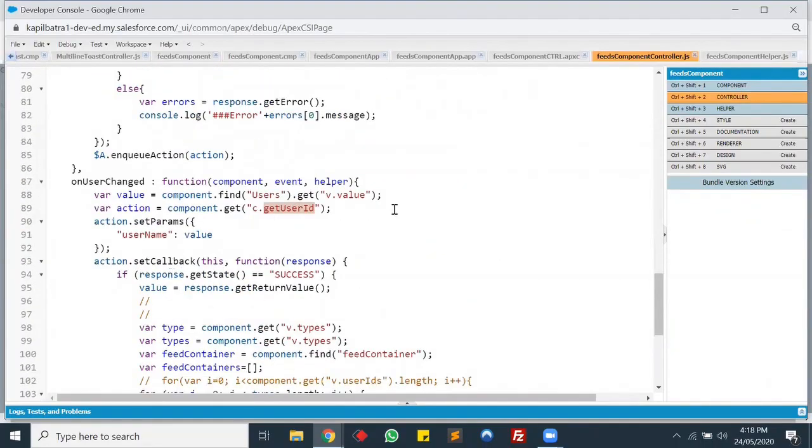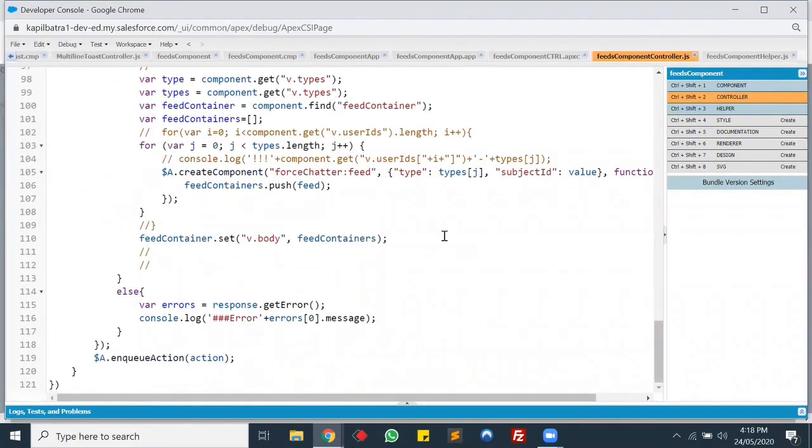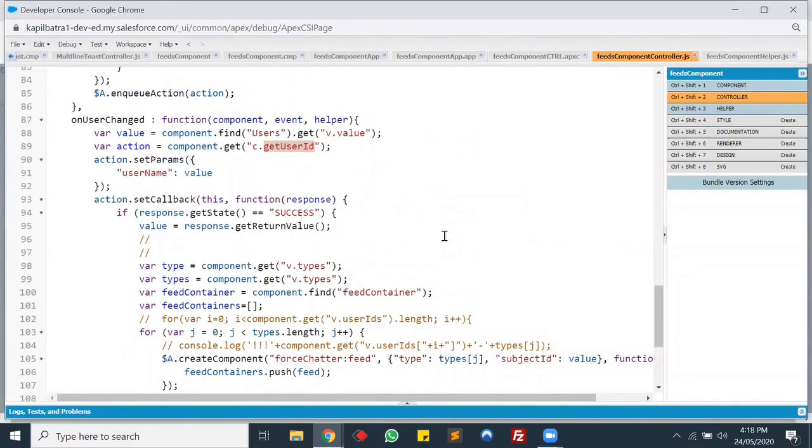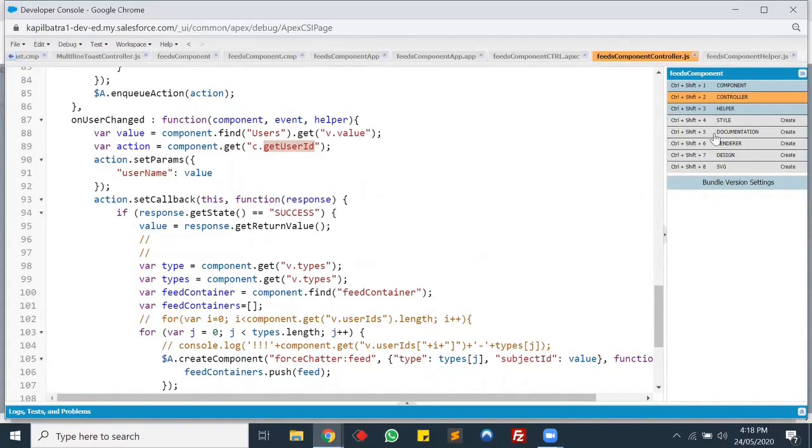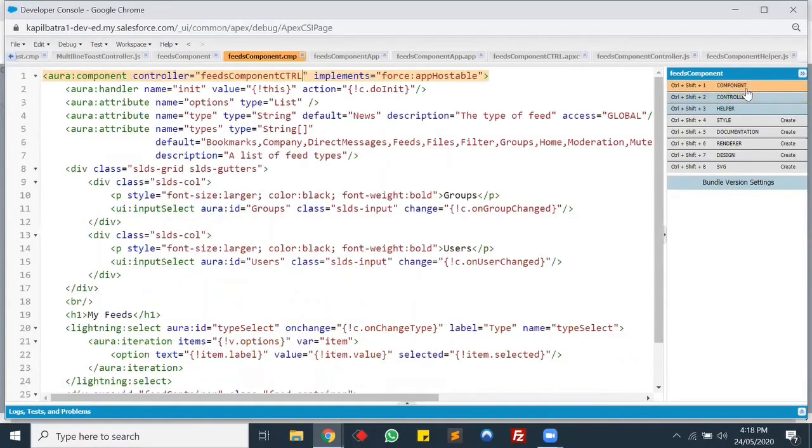What could be wrong with this function? Unable to find action getUserId on the controller feeds component. Okay, let's check the controller here.